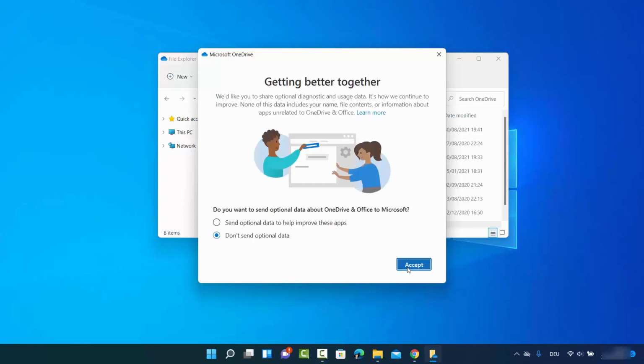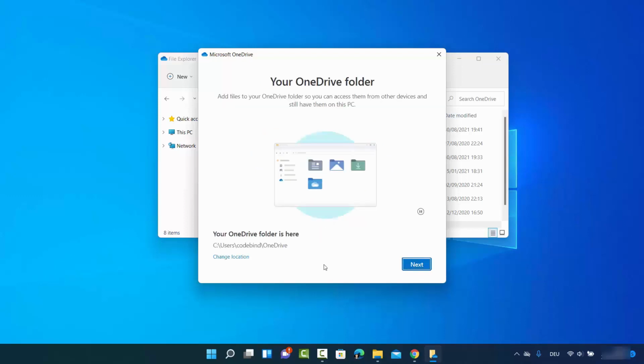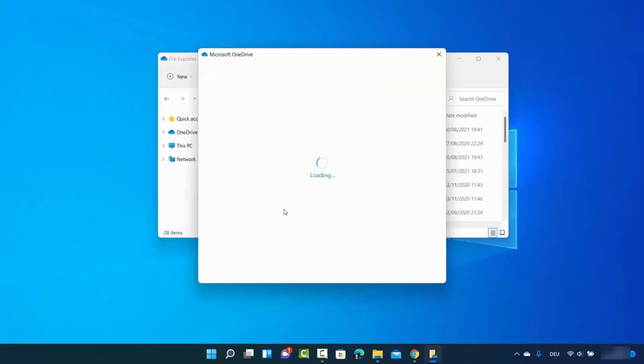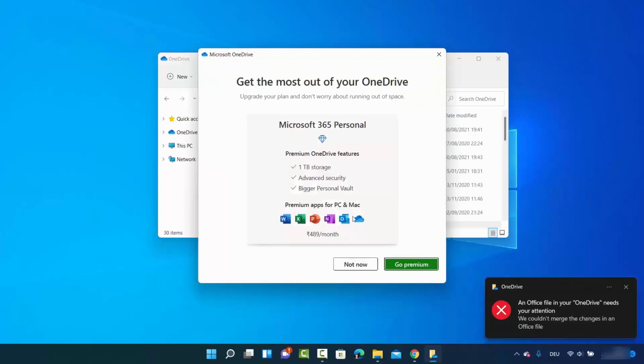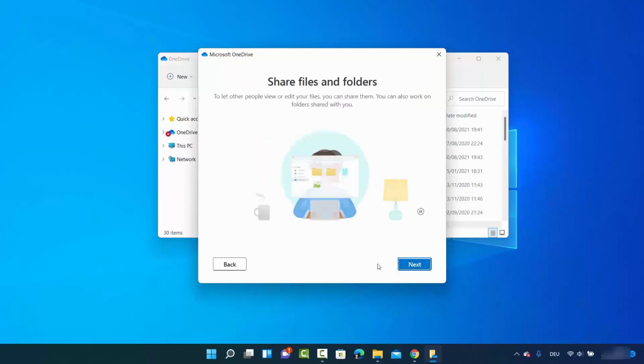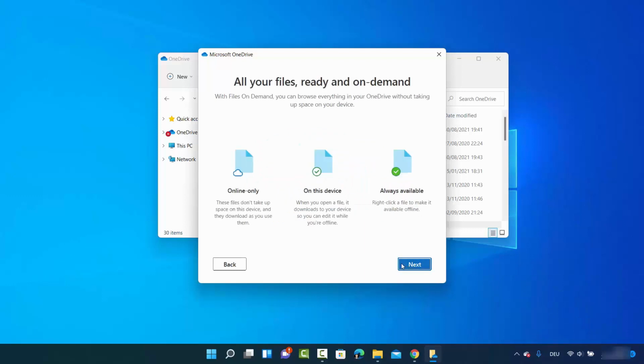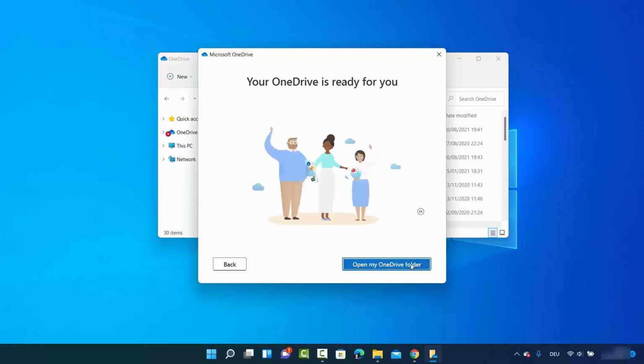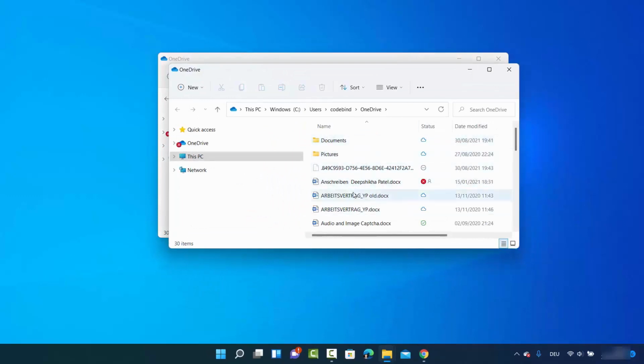So you just need to click on next here, and you see it says send optional data to help improve the app. I don't want to send it, so I will choose this one and then click on accept, and then I will just click on next here. I will use the same folder, and now I have some other option. I will say not now, next, I will say next here and then next, and then I will just choose later here. Okay. And then when I click on open my OneDrive folder, it's going to open the same folder